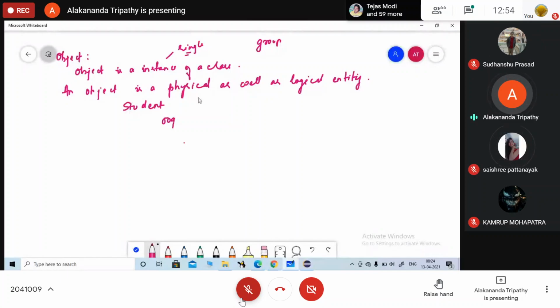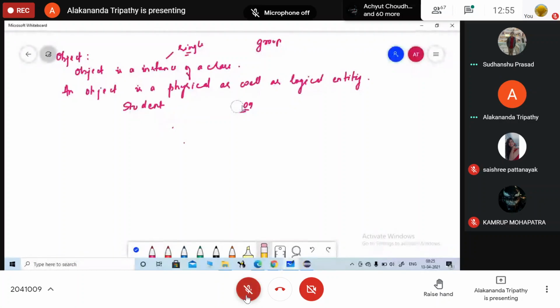Now suppose you are students, a group of students. You belong to which section? 009. Now size 3 क्या है? 009 की object. Can I say size 3 is an instance? It is a single individual one. Yes, that is called the instance of a class. Now hers is an instance of your section 009. So each individual is an instance of your class 009. Are you clear?